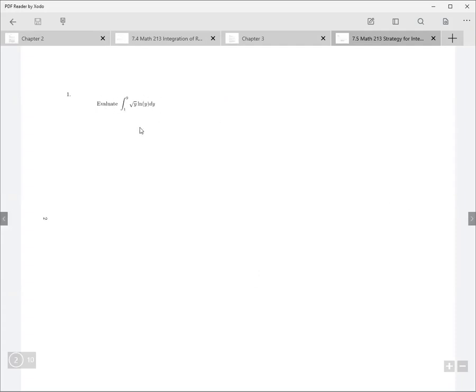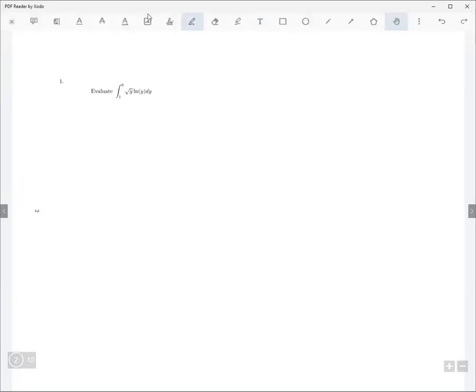Here we have the first one right here. What do you think would be a good way to tackle this one? Any suggestions? Would it be integration by parts? Yes, integration by parts. If it has a logarithm in it, and it's in this product form right here, then integration by parts is a really good guess as what to do. This has a logarithm and it's multiplied, so